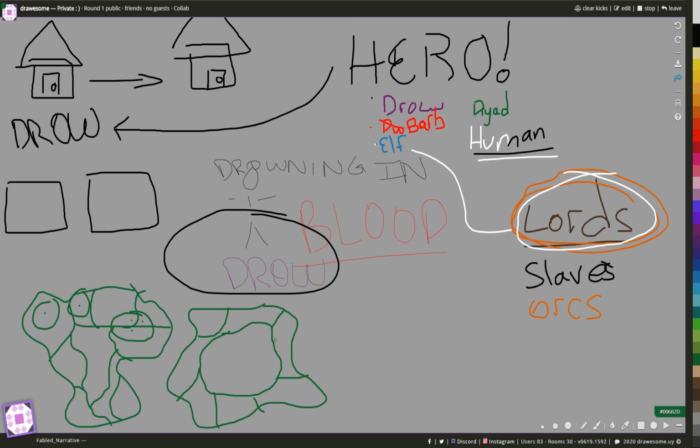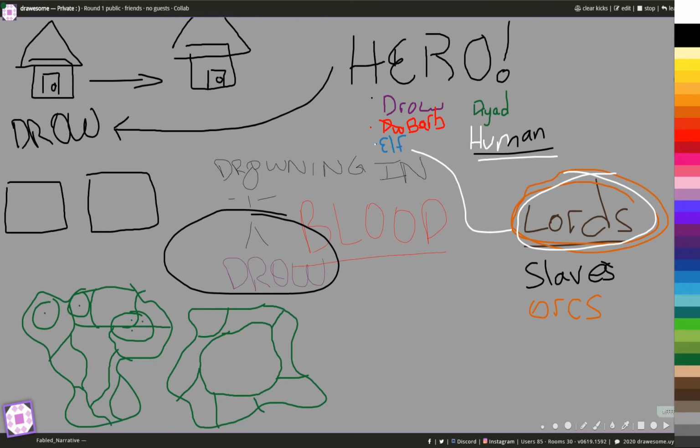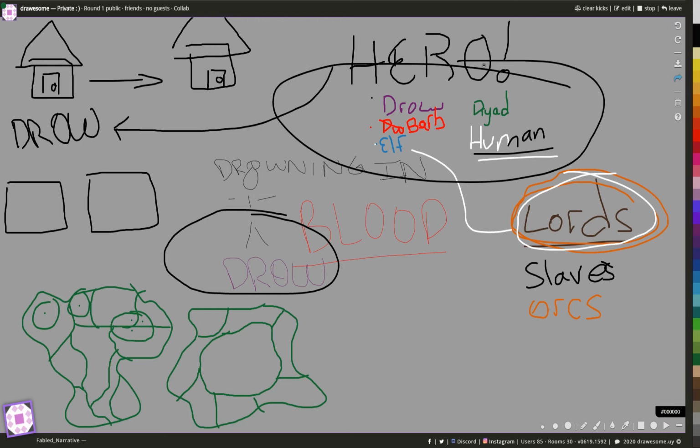So maybe there's a culture of the people at the very top, whom these heroes right here are all trying to figure out how to make. They're just going from town to town and trying to make life a little bit better. So maybe you could have one of them, not the human, the barbarian. Ooh,